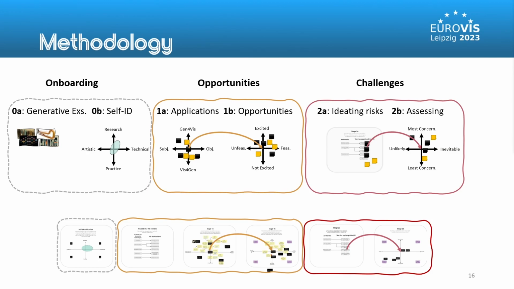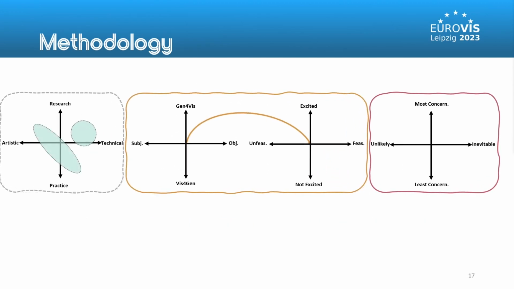Then we had a self-identification phase, which served 2 purposes. First, to capture the subjective background of the person, how they describe themselves, and to introduce them to our answering modality on Miro. So maybe the person never used Miro and needs to get used to it a bit. So our main measurement instruments were those